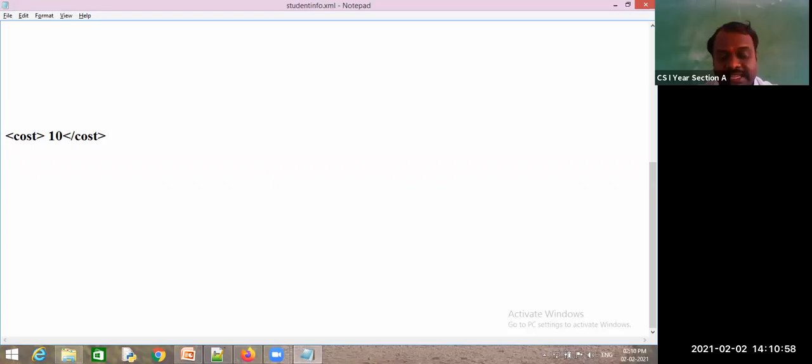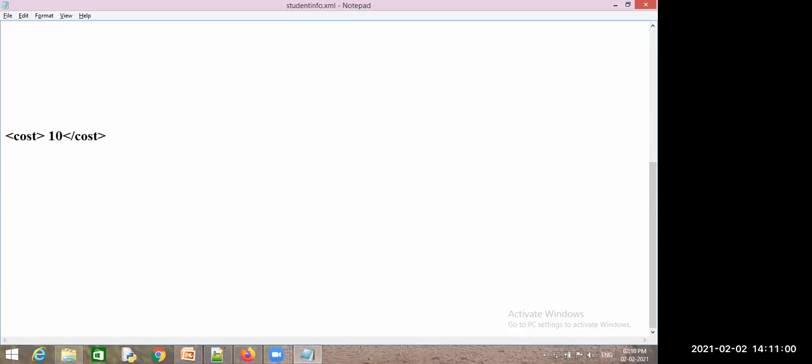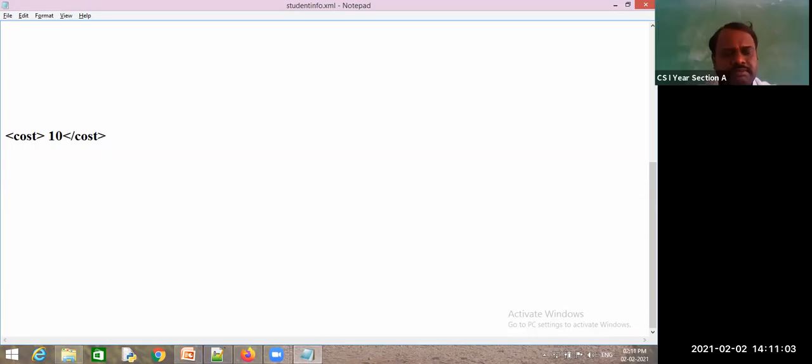No, sir. Then what I do, I need to give notation to that, which means some additional information. I will try to add my own attribute to this one, that is units. Units equal to rupees.